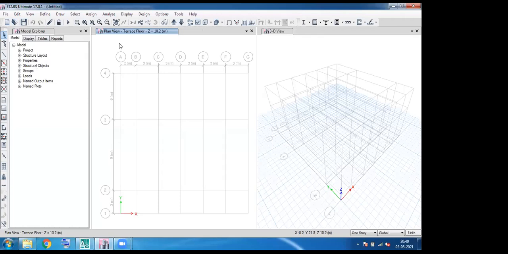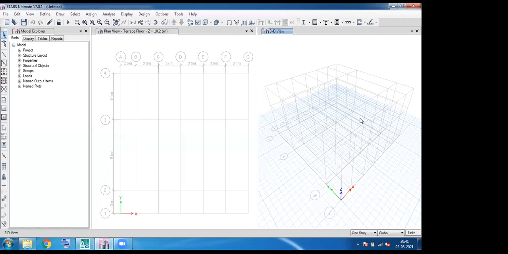And the second window, at the top, you can see that it is a plan view. So here it shows the plan view of our grid. And the third window is named 3D view. So it is a 3D view of our grid right now because we have not even created any model.